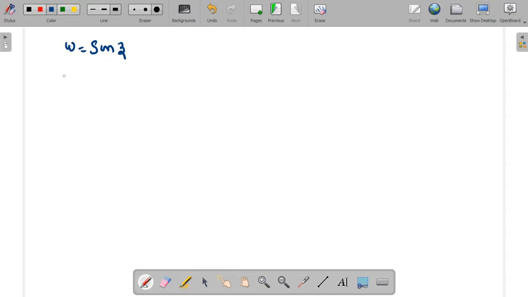So here, if you look for the zeros of this function, f of z equal to 0. f of z equal to 0 means sin z equal to 0. And we know when sin z becomes 0. What are the values of z for which sin z is 0? The values are